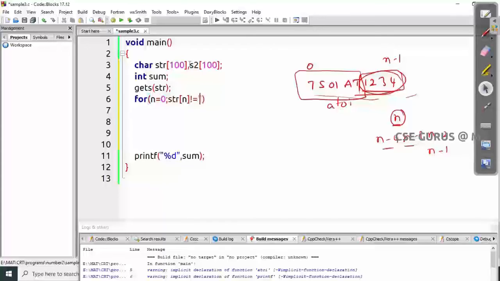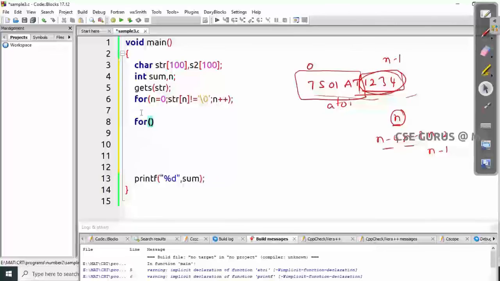Str of n is not equal to the null character, n plus plus, and I'll keep the semicolon directly. I'll get the string length, so that n variable has to be declared. After getting n, I have to go, as I told you, from the last. So for i starts with n minus